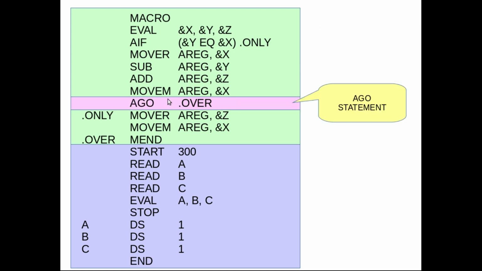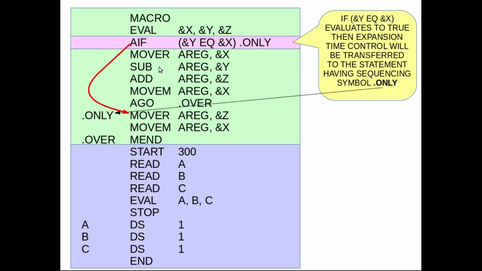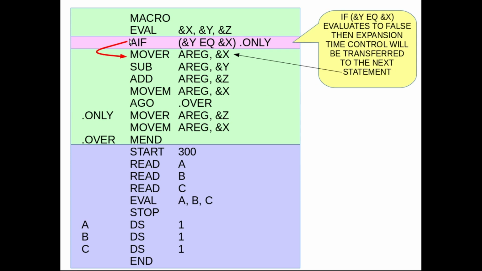Oh sorry, just a minute, this slide is not a mistake actually. What we are saying is that if the relational expression evaluates to true, then we will go here. But what will happen if this evaluates to false? If it evaluates to false, then we will go to the next statement. So sorry, that comment was not correct.